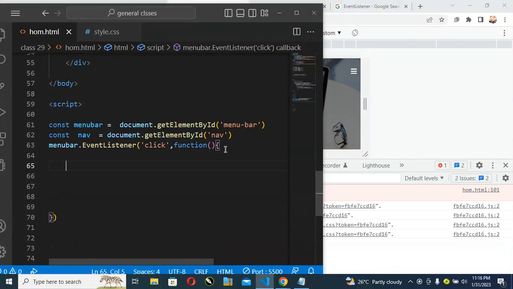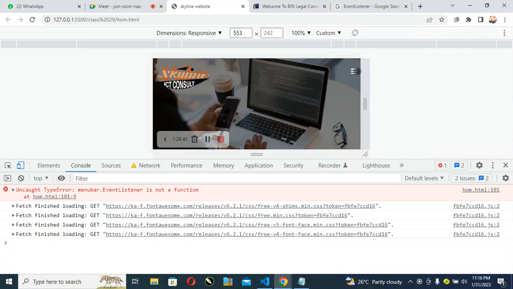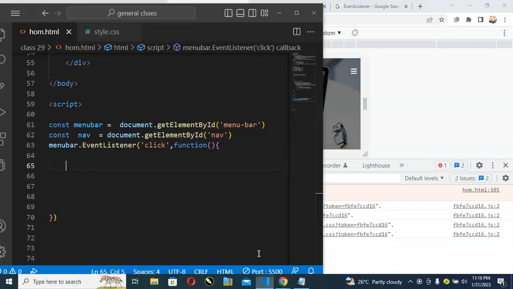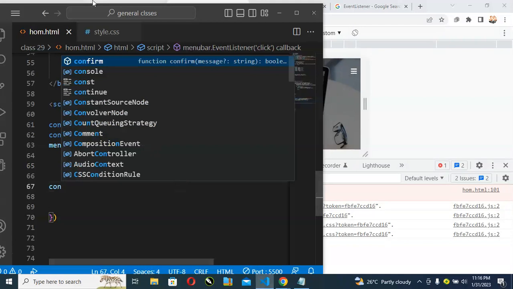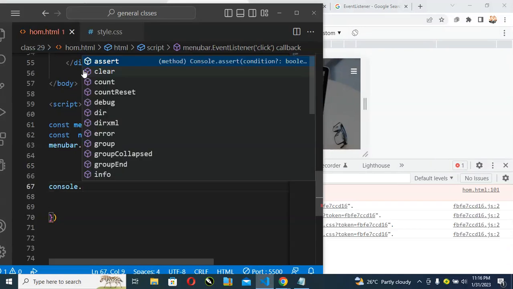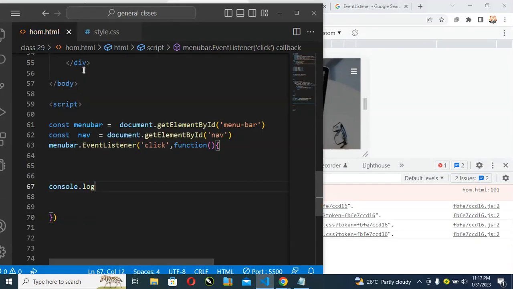Now I want to say, when somebody clicks on this particular button, it should print something for us. So what I will do is console.log. I open a bracket. This is where, when somebody clicks on this button, I want to say,